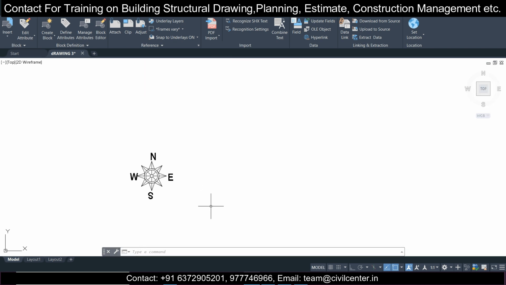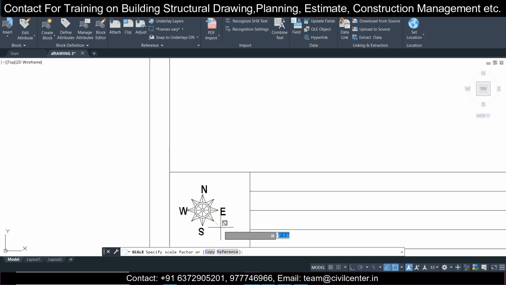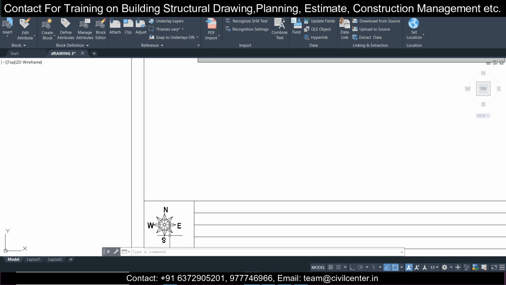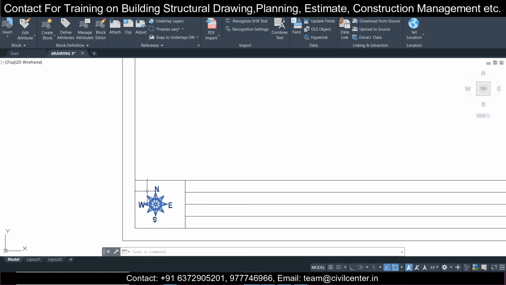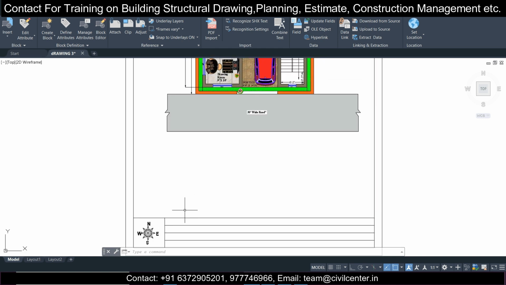After this, as you can see, this is my block. I'll simply scale this, and after scaling, I'll rotate this like this. So this is my direction. This is one of my plans. This is a north facing plan.